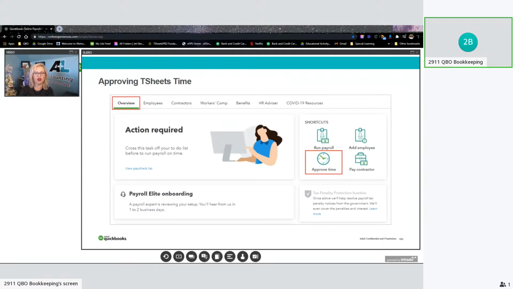And then what happens inside of QuickBooks is then you can go back over to your payroll center and click on your overview and then approve time. So those shortcuts that we were looking at earlier, well, one of them is to just go ahead and approve time very conveniently. And then once the time is approved,